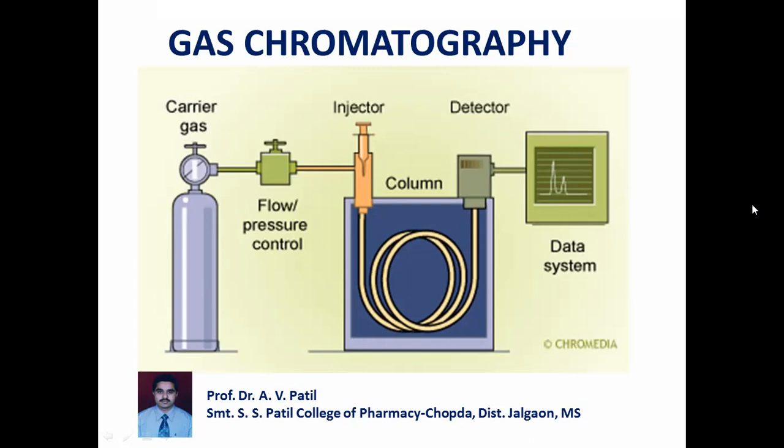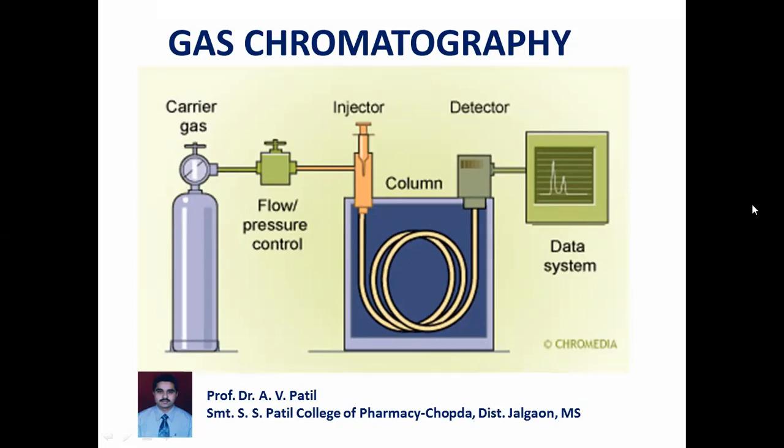Instead of the liquid one, here the carrier gas acts as a mobile phase, whereas the column, the adsorbent layer filled inside the column, is the stationary one. Again, the stationary phases in gas chromatography are of two types, solid one as well as liquid one. Again, this technique is classified into two types, GSC and GLC: gas solid chromatography, gas liquid chromatography.